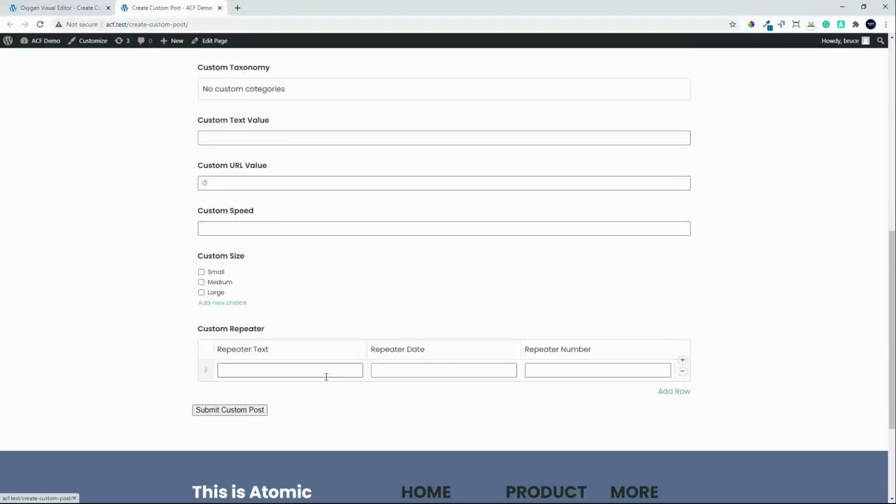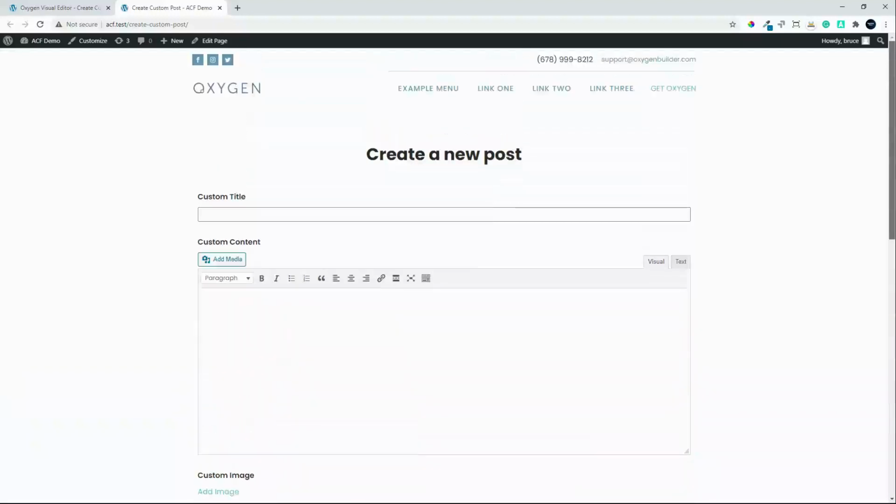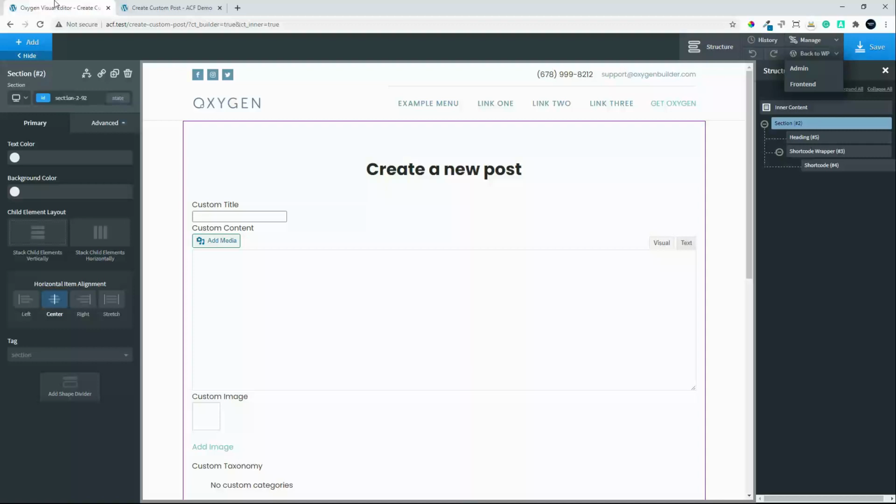We can add row and then fill in those fields. So there we have everything that we wanted to do on the field, but what we want to do now is make sure that the form is not visible to everybody. So if somebody does stumble across this page, we don't want them to see that form. So one way that we can do that is we can simply select this entire section and